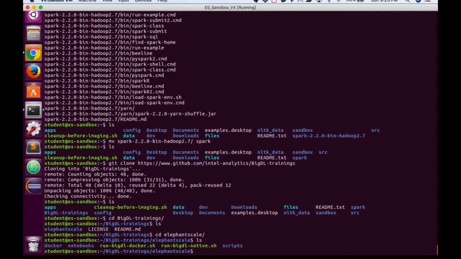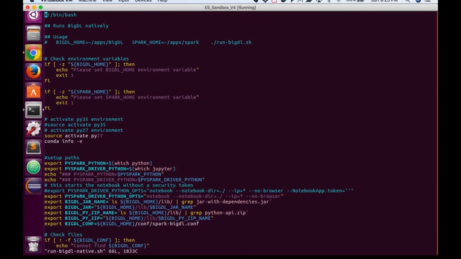All right, so now I have a run BigDL native script here, and we can also run BigDL Docker if we have Docker set up here on the VM. I'm going to look at the run BigDL native, and notice I need the BigDL home set properly to my location for BigDL, and also my location for Spark.